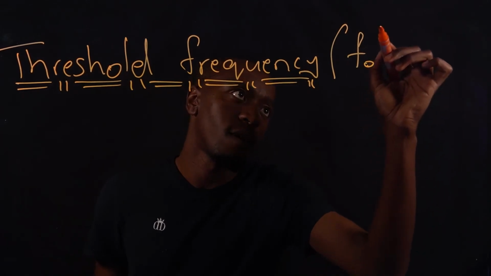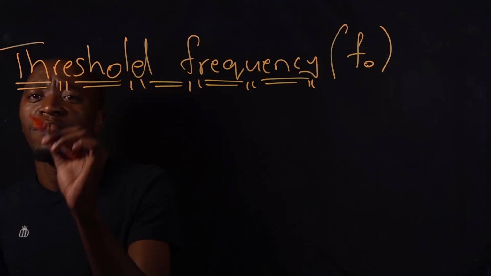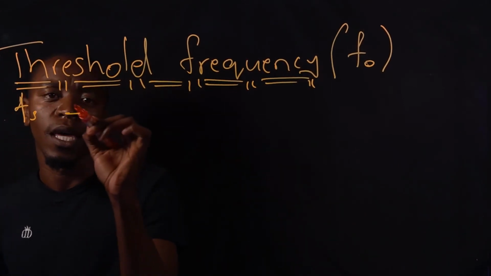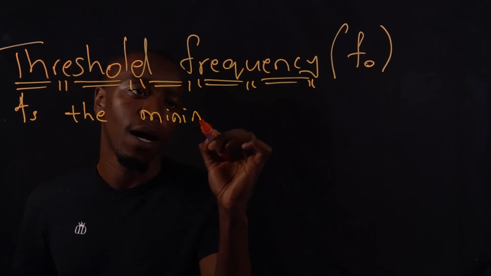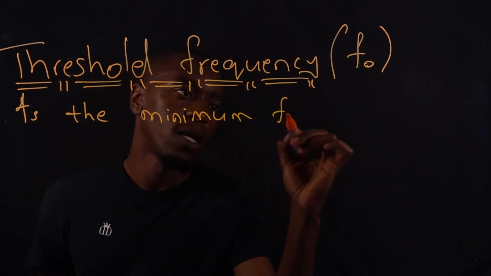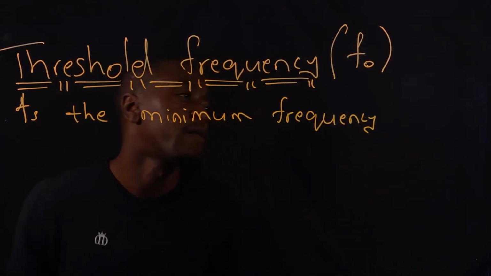Say it's F naught, that's threshold frequency. Threshold frequency is the minimum frequency needed